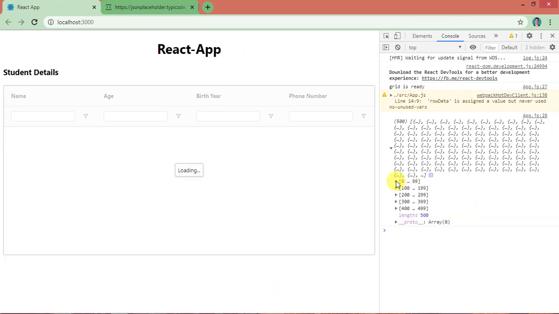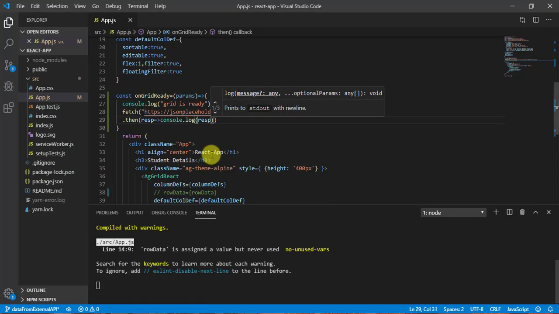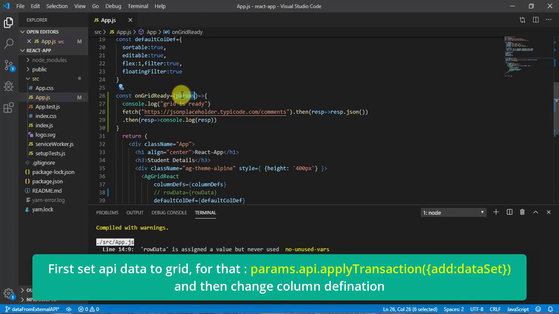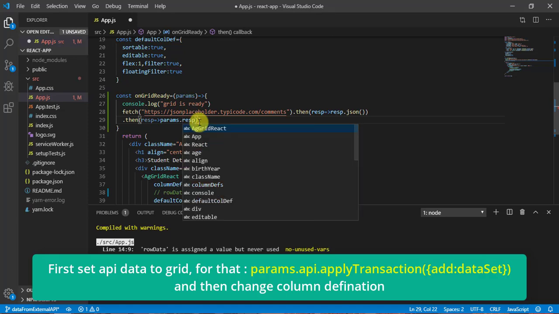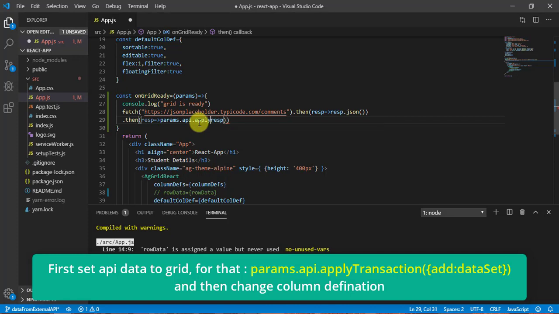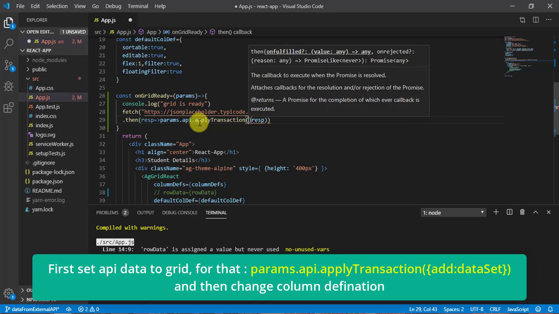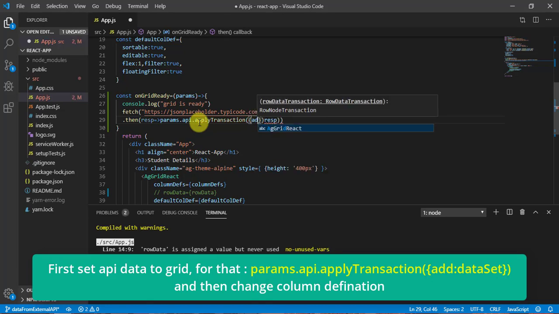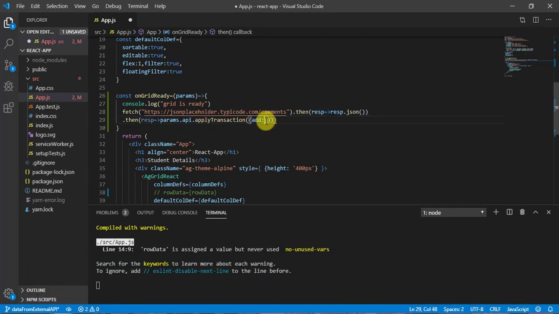Now we need to populate this data here, so we need to change our column definition as well. First we will define the params. Here we have this instance of the grid. So instead of printing here, we can write params.api.applyTransaction, and this is a function which is going to take an object, and here we are trying to add, and our data is going to be the response.